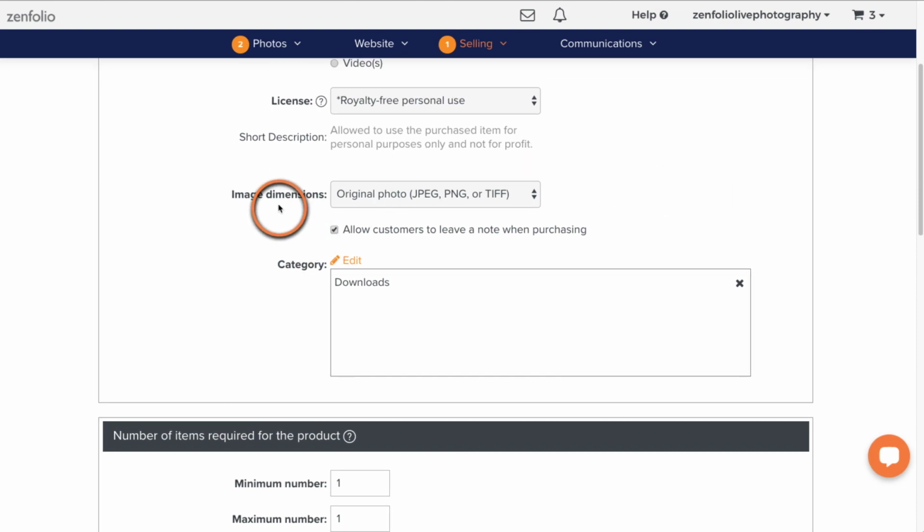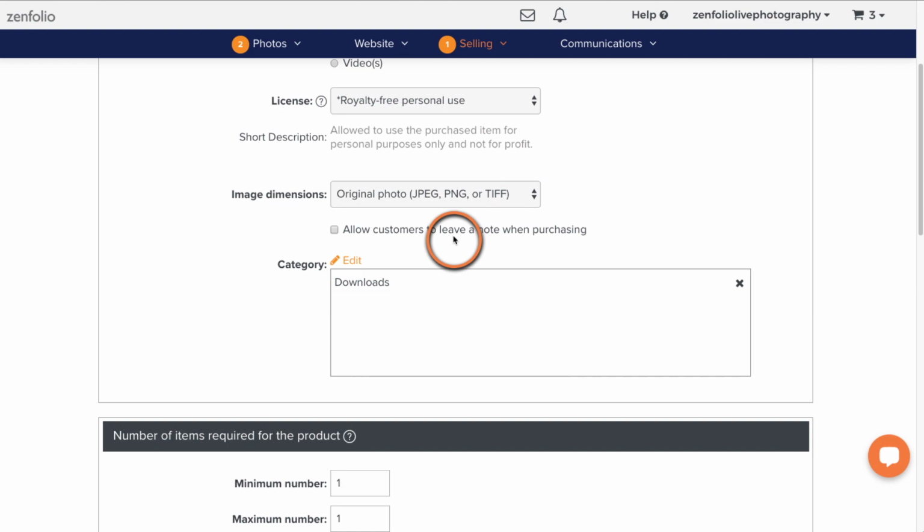Next, down here, there are going to be a lot of options we come across in Zenfolio where you can have different options turned on or turned off. My personal philosophy when it comes to setting up my shopping for my clients is I want it to be as fast and as streamlined as possible. So with that being said, with a lot of these options, if I don't have a definite answer of I need this to show because of this, if it's just kind of a, oh, well, that might be nice for my client, if I don't have a definite reason why I need that option available, I like to turn it off and keep my buying experience really simple for my clients. So for this one, I'm going to go ahead and turn this option off.